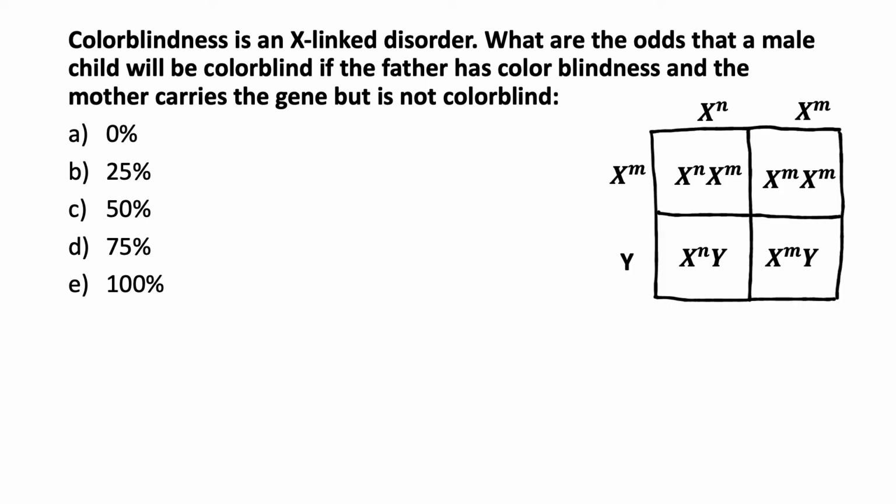Okay, so this is the relevant Punnett square. It's identical to the one that we just did, as you can see. For males, the genotypes with a Y chromosome, there is really only one of them with the mutated X allele and one with the normal X allele. So we can say that they have a 50% mutated X phenotype. Therefore, the correct answer is C. Once more, it is really important to pay attention to the question. So I was asking not about the overall phenotype, but about the male phenotype.